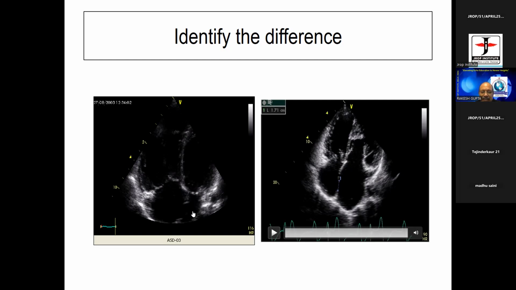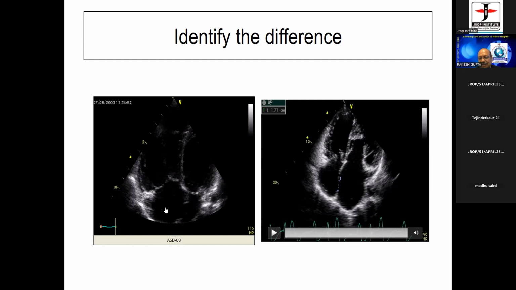Here is a morphological LA, here is a morphological RA. So these pictures tell you that we have atrioventricular discordance. What does it mean? It means this LA is attached to RV, and then RV may be attached to the aorta or RV may be attached to the pulmonic artery. Suppose this is attached to the pulmonic artery, not to the aorta. So what happens? Two separate circulations are maintained, which is known as